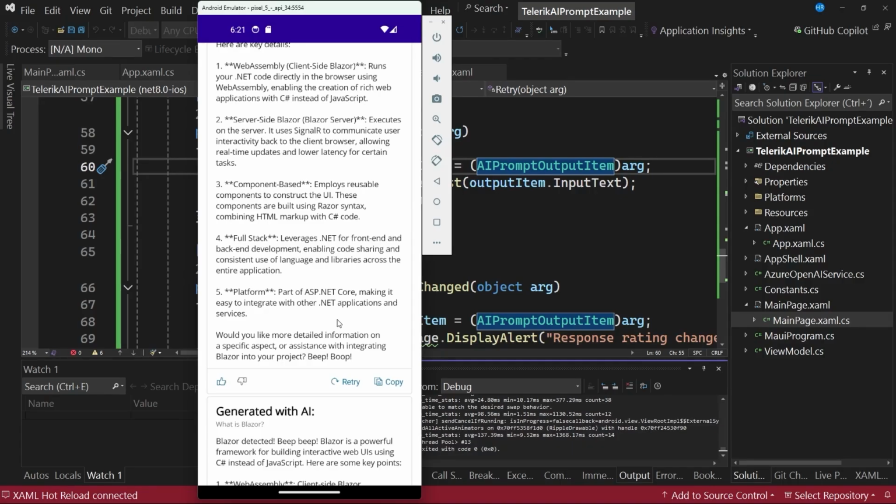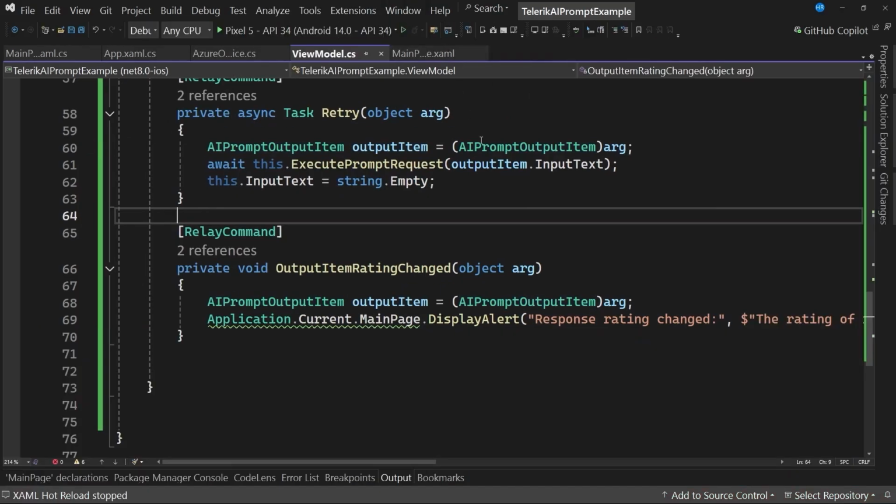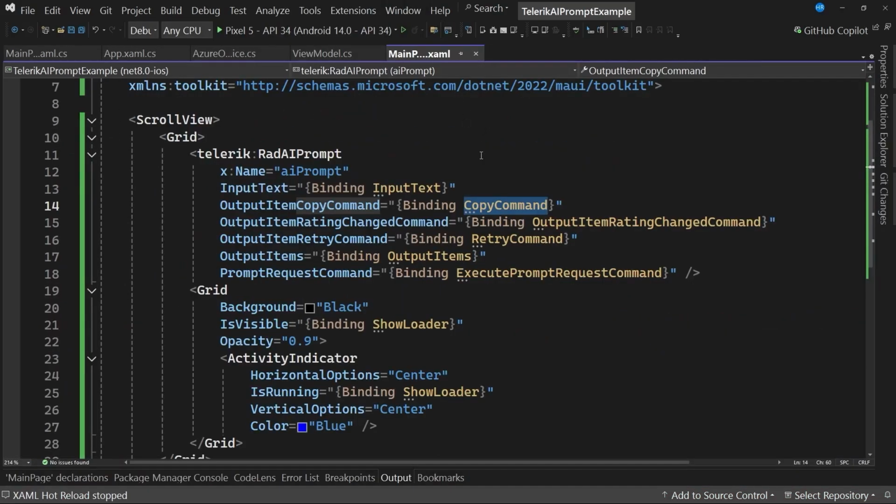In this AI prompt control, it is also possible to add a list of suggestions for users to give them ideas on what to ask. We will do this through a property called Suggestions. Let's see how it works. So let's stop the application execution. Let's go back to mainpage.xaml